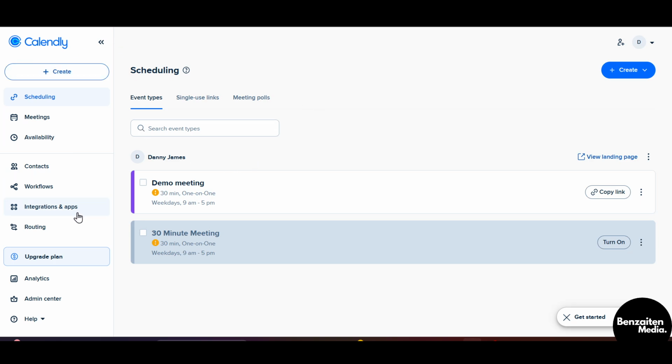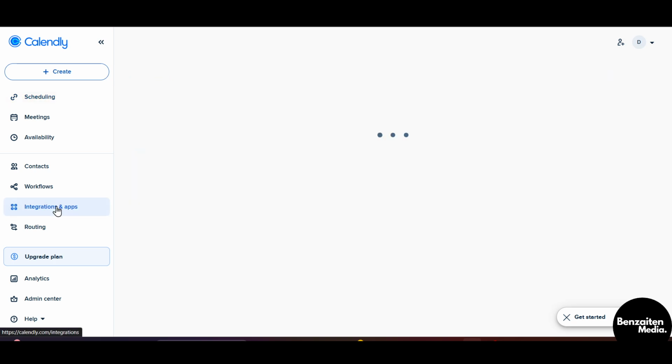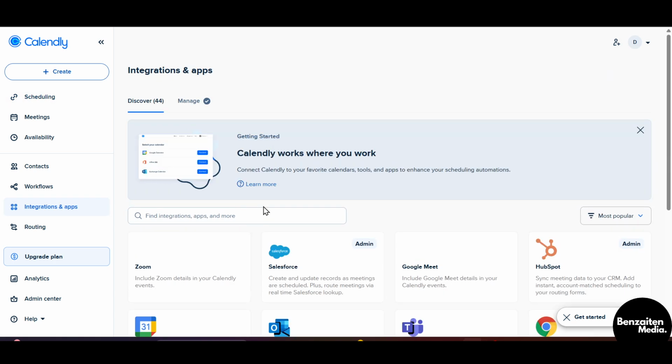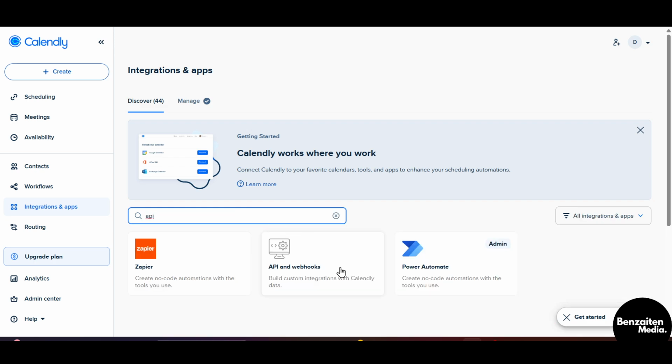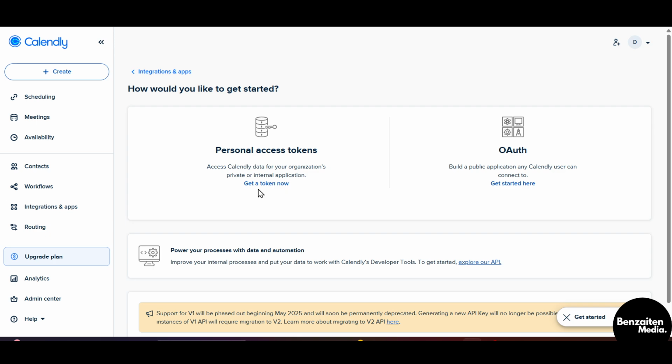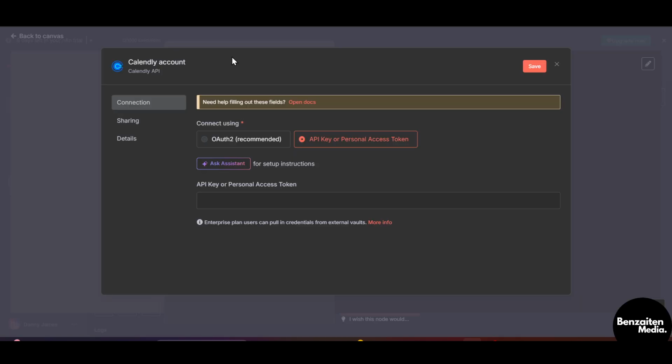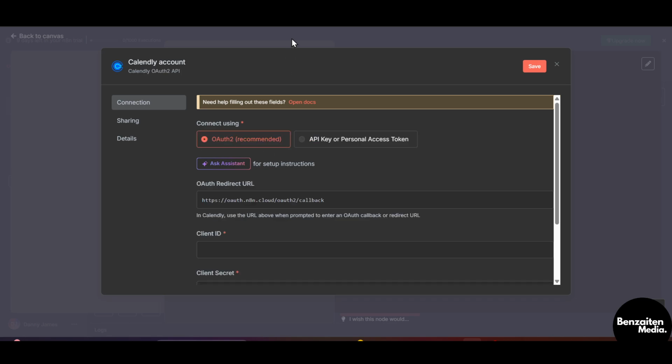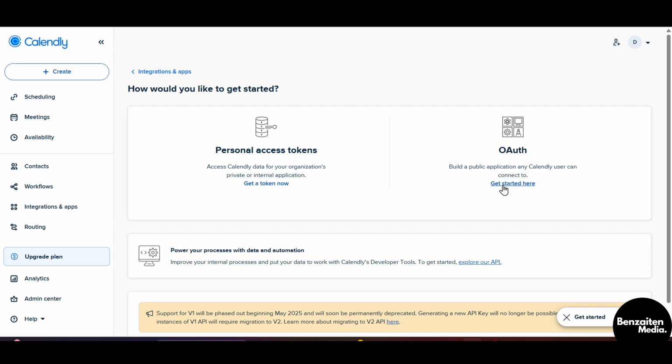After that, on the left side, you can see the integrations and apps. Click on this. And after clicking on integrations and apps, you just need to search for API in the search bar. And then here you will see the API and webhooks option. Click on this. And after that, you need to click on get a token now if you want to connect through API key. But if you want to connect through OAuth 2, you need to click on get started here